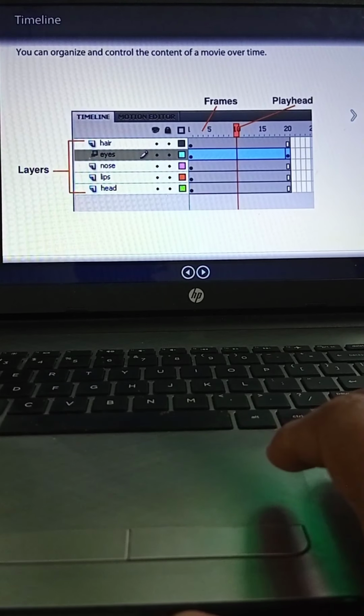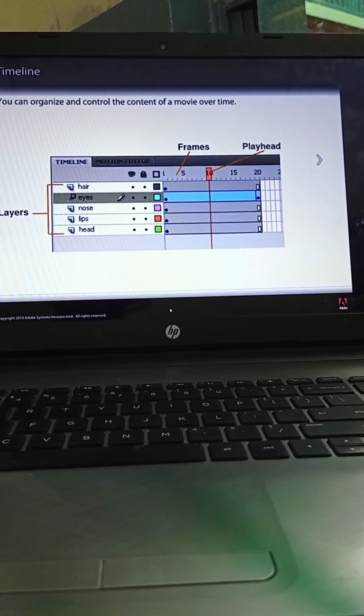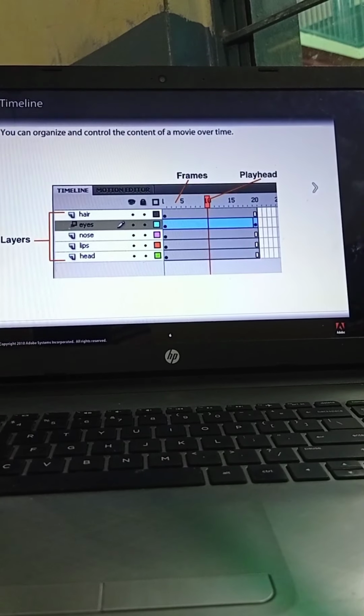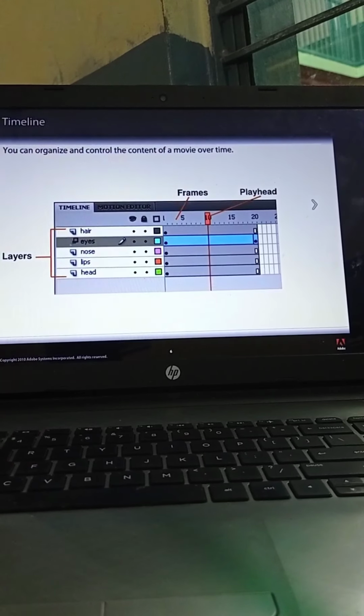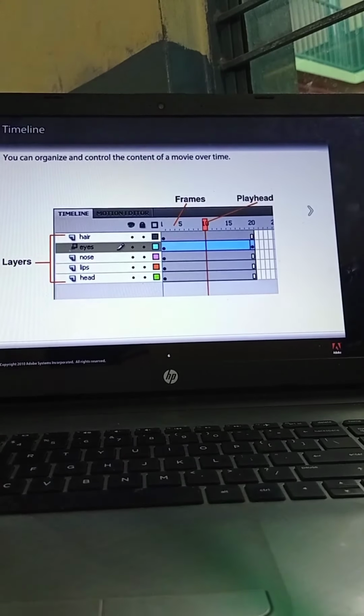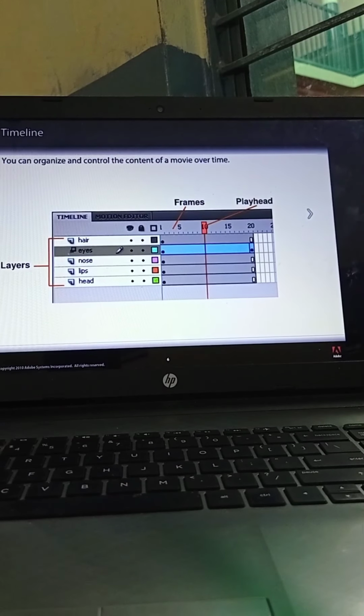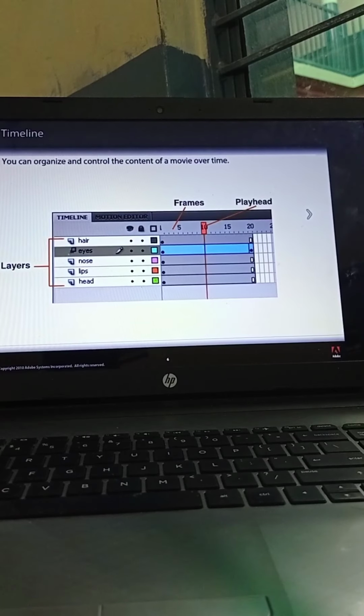Next, the timeline. You can organize and control the content of a movie over time. The timeline is a fixed window that stays on top of every object in the workspace. It organizes and controls the content of the document over time in frames as well as in layers.